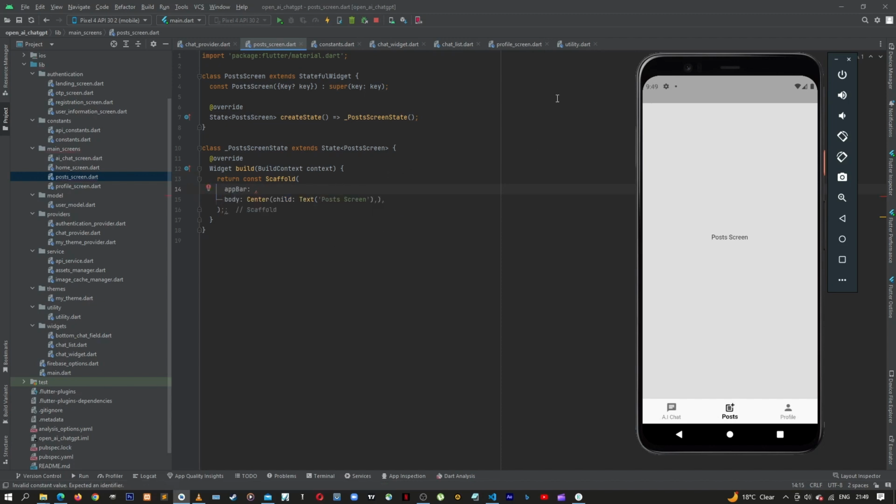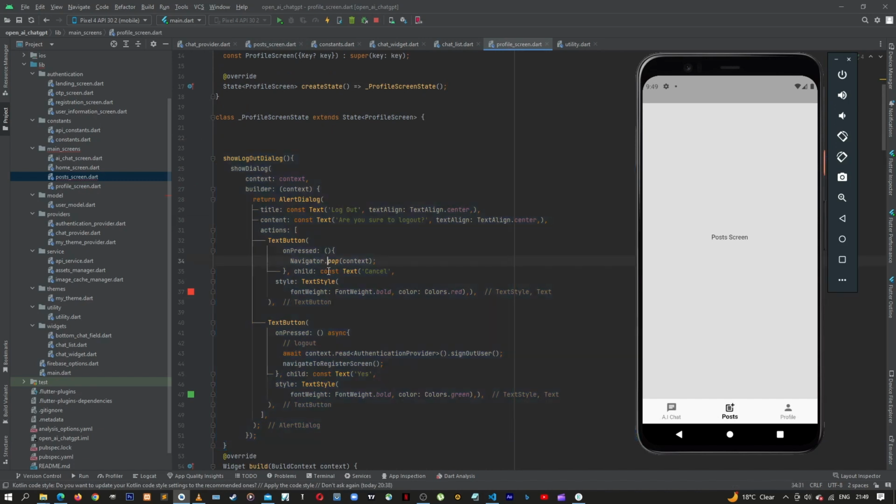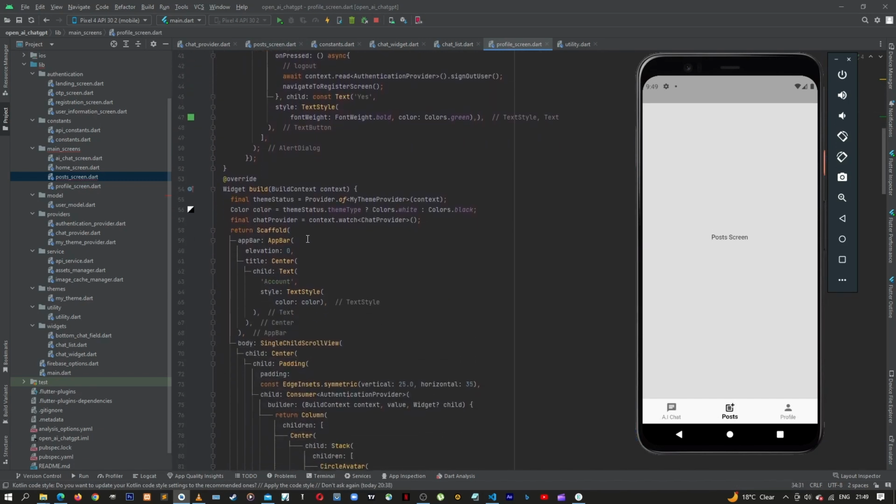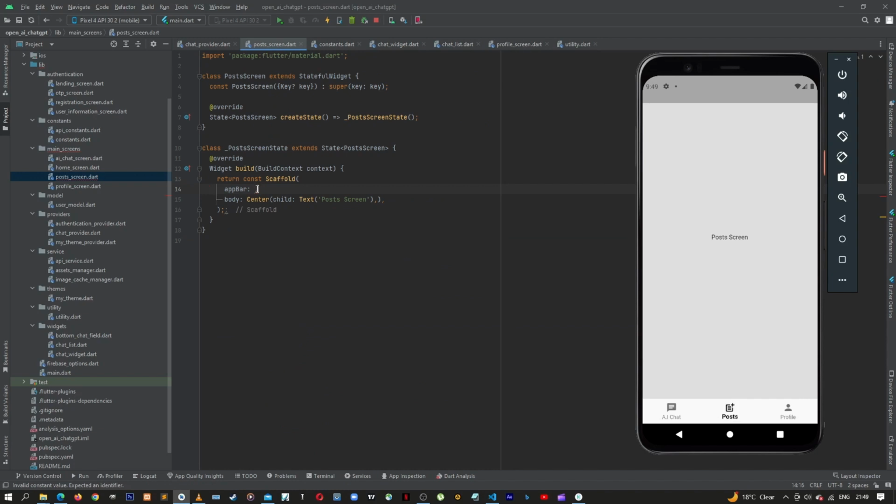So for time saving, let's go back to profile, and then we have this up bar. Let's just copy it, come back to post screen. Let's paste this, then let's remove one comma here, and then we remove the constant keyword here. Then let's change this to